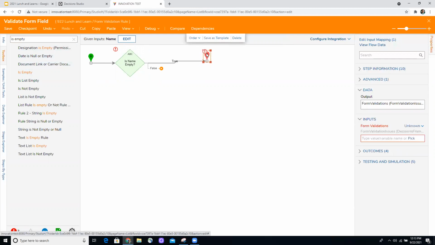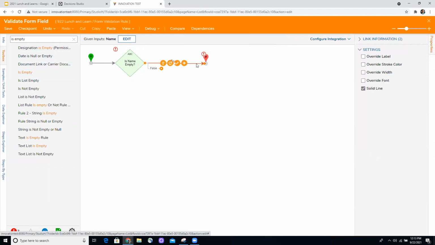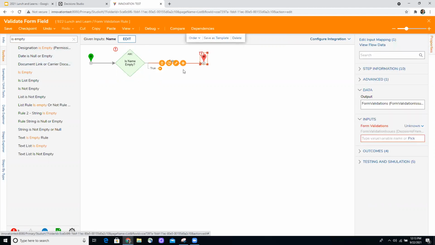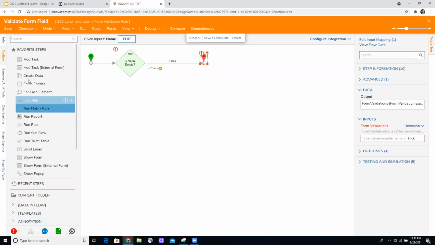So if the name is false, if the name is not empty, then we want to allow them to submit the form with no issue. But if it is, then we want to pass with that validation.